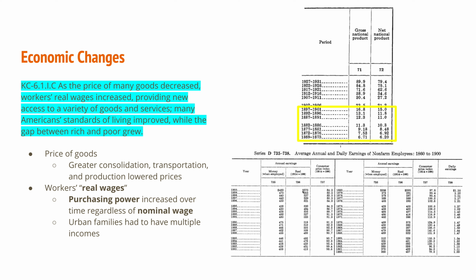At the same time, inflation is going down. That means that the money each person is earning is able to buy a lot more. Inflation is measured by the consumer price index here on the right side, and anytime the number goes below 100, that means inflation is going down. Throughout this entire period, the CPI goes from 124 to 84. So urban families are able to earn more, but they still have to have multiple forms of income. The father, the mother, and a lot of times the child would go out to work to gain income.